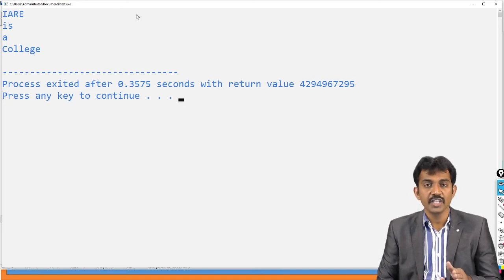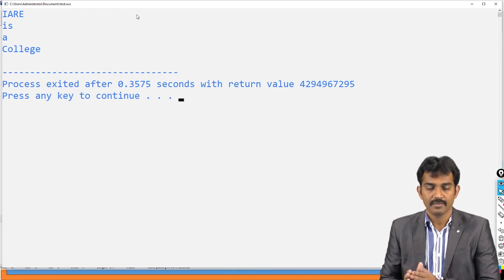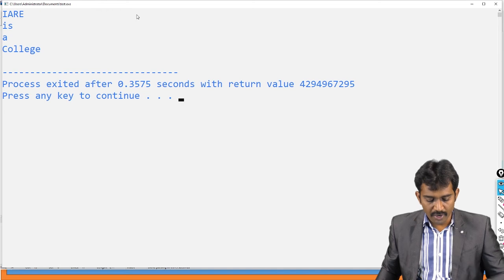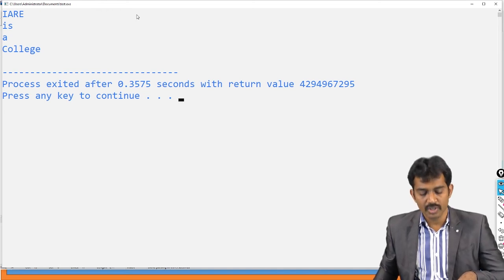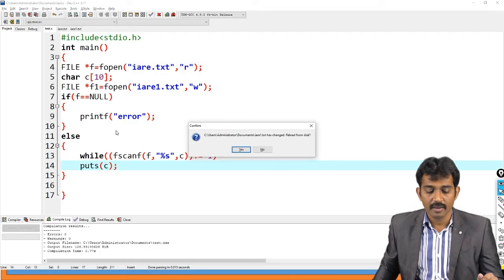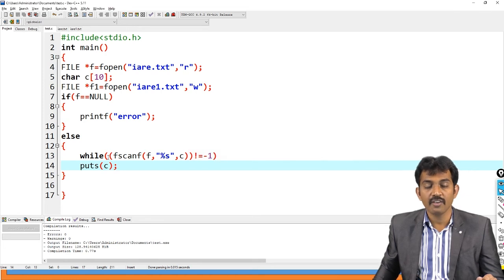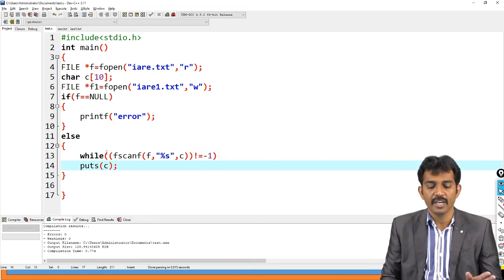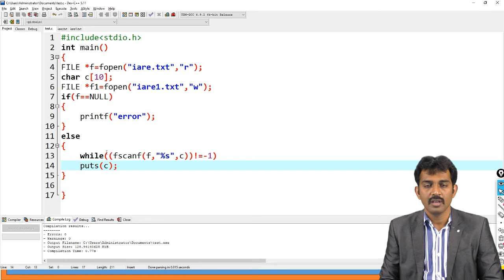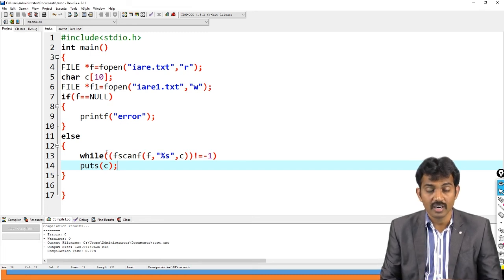That is why it reads space by space. That is the only difference. Is this clear? And if you want to write data into the file, instead of fputs, you just use fprintf. That's all. Is this clear? How fprintf works and how fscanf works.